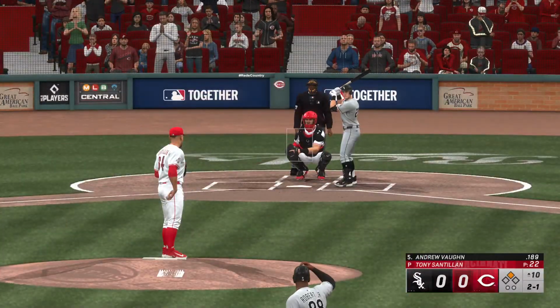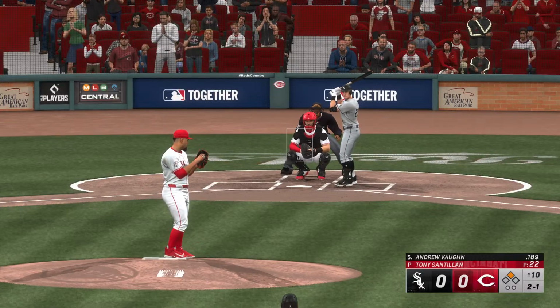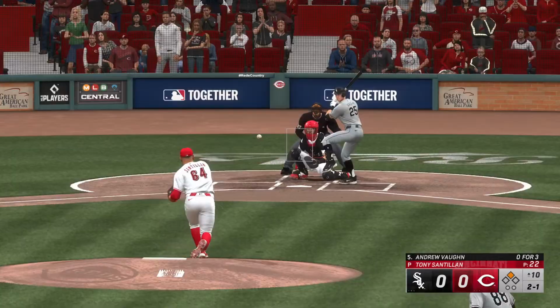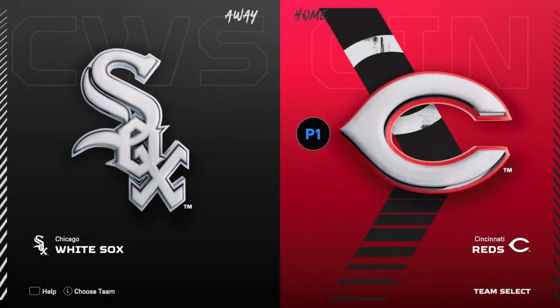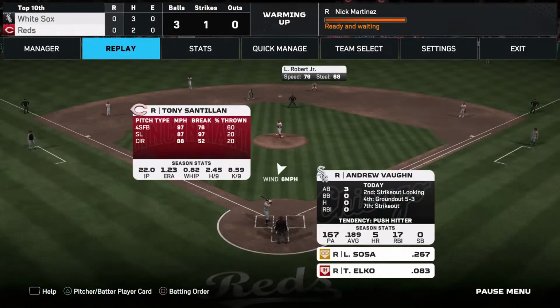Chris, certainly one of the things in his head is trying to get the runner over. Yeah, the way that we see the game played today, though, guys are not sacrificing as much just to get that runner across. They're really looking at doing damage. Slugging is